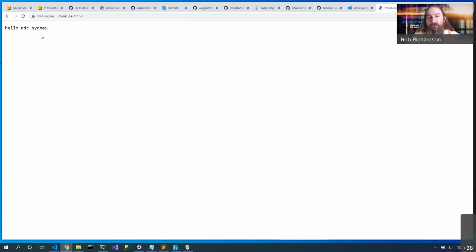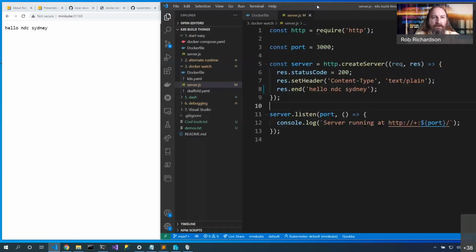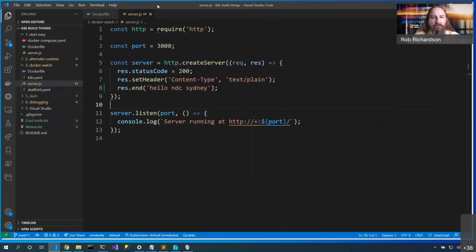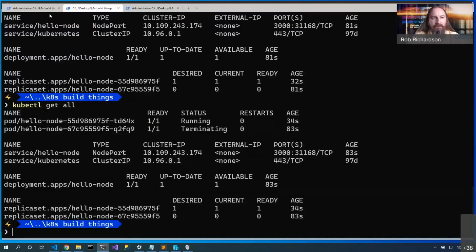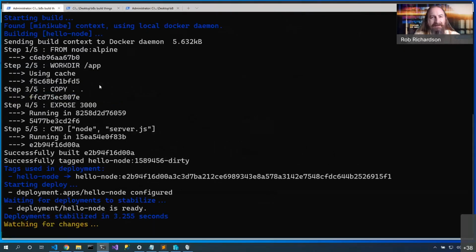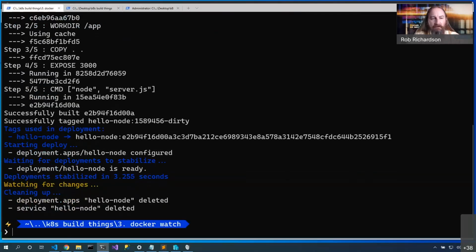Now I didn't need to do anything. I just pushed save in my code editor, and automatically the new content popped into place. Now I did need to push refresh in my browser. Maybe if I had an auto refresh in my browser, that might be really interesting. But Scaffold is a really great way to automatically rebuild my container anytime something happens. Now, it's not uncommon where I'm like, yeah, but it's just not building correctly. And that's where Scaffold will be perfect. Let's hit Control C, and now Scaffold is down.